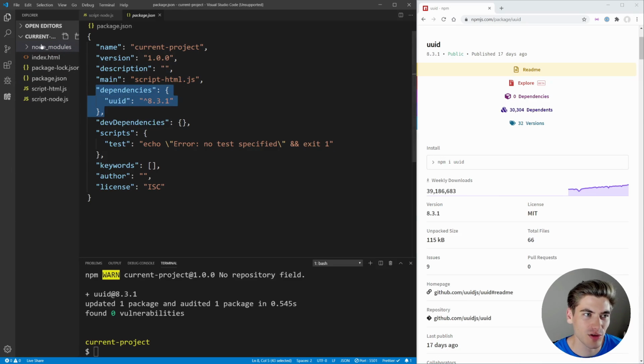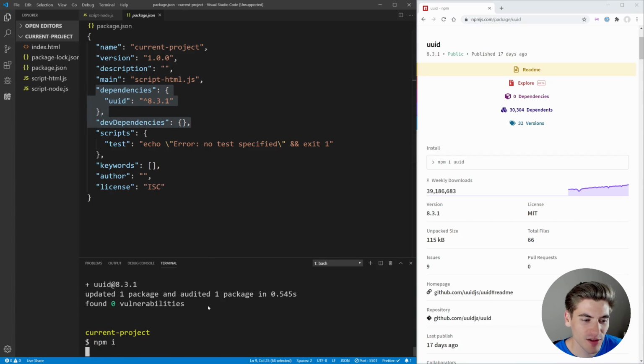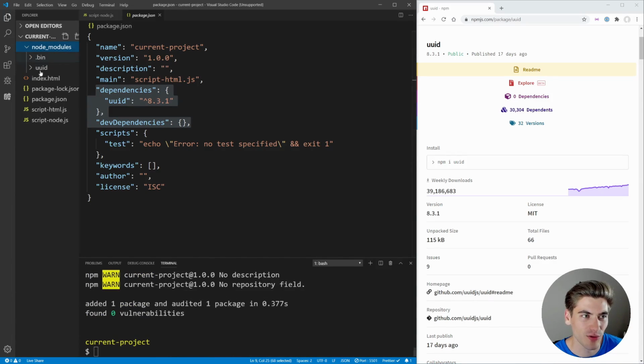dependencies here. So if for some reason our Node Modules folder got deleted, oh no, it got deleted, what do I do? I don't have access to this anymore, and I don't remember what all my dependencies are. You can just type in npm i, and it's going to download all the dependencies from your package.json file for you. So if we click enter, you're going to notice it's going to go back and re-download that UUID